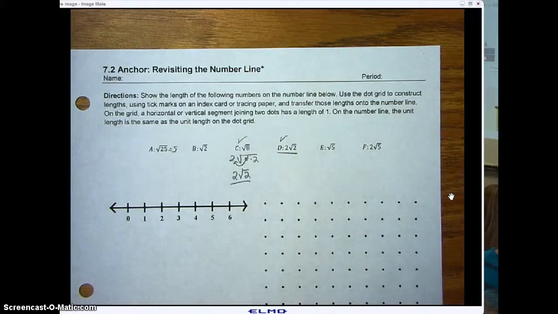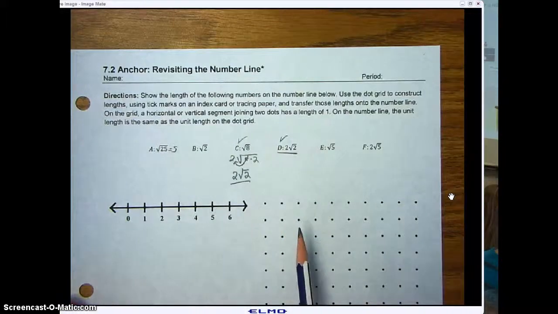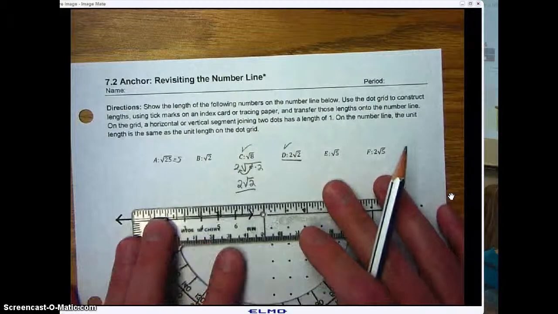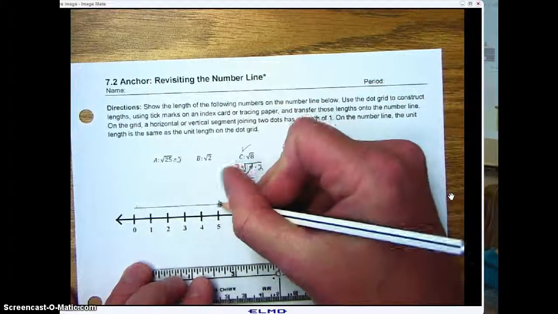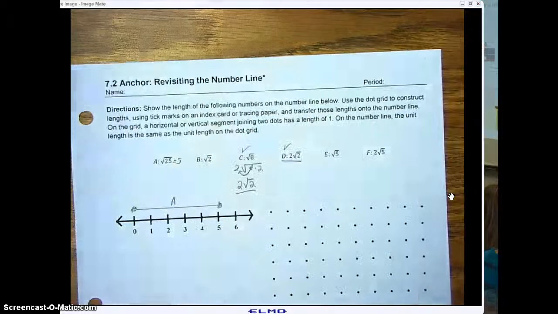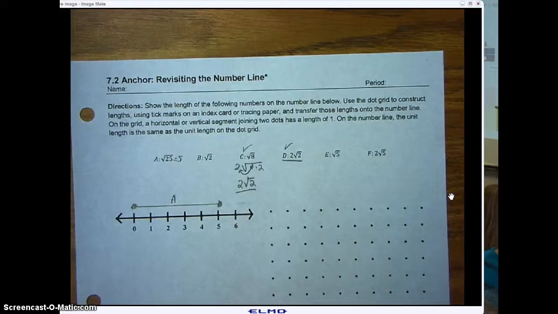So, first things first, I'm going to use this number line here to see what the length is. So for A, it's from 0 to 5, right? That would be A. Now the rest of these are yucky decimals, and we're going to figure out how to do this using this